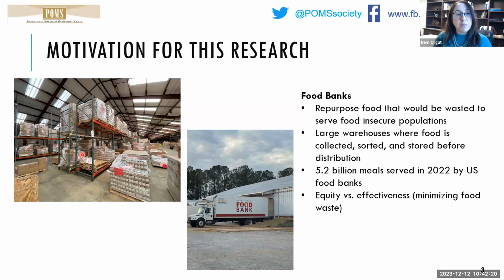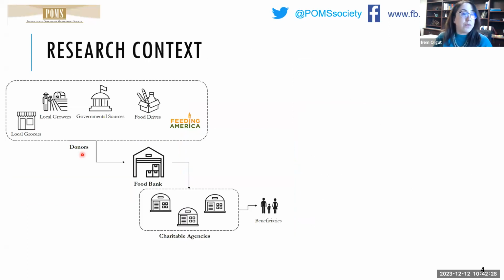Managing this trade off is particularly challenging for perishable food items as they spoil quickly, which is the focus of our paper. Food banks acquire food from donors and distribute the donations to charitable agencies, which are smaller locations like food pantries with very limited capacities. Those agencies, in turn, put the food in the hands of food insecure families. We focus on the amount of distribution from the food bank to the agencies and have the following research questions.